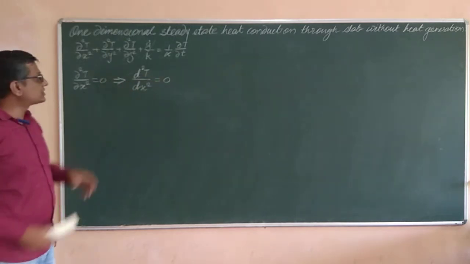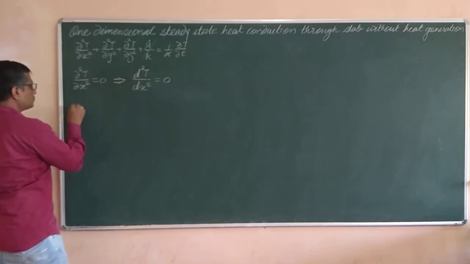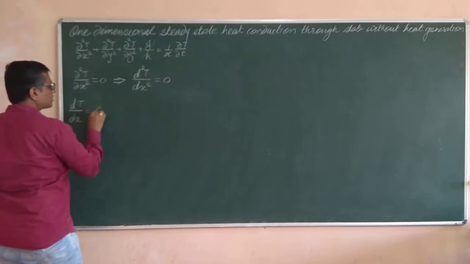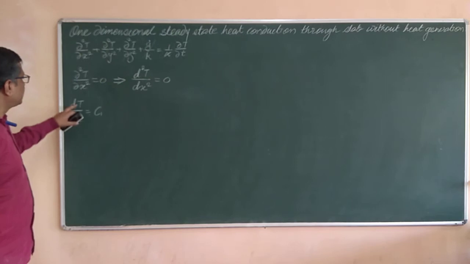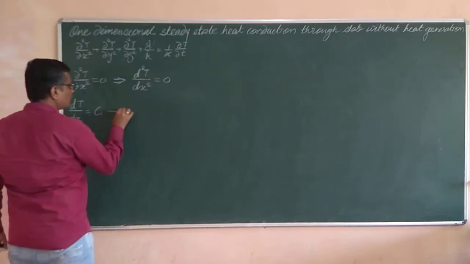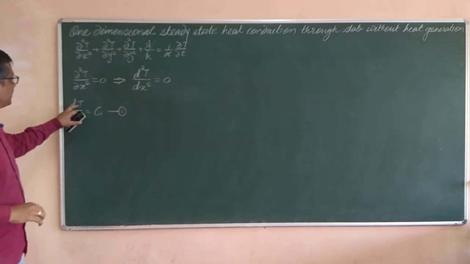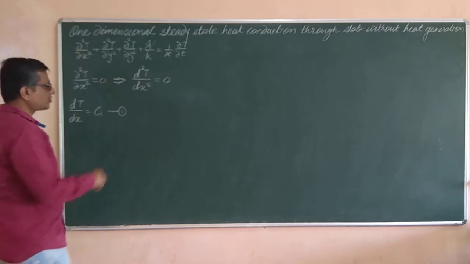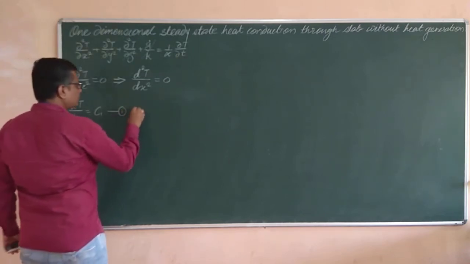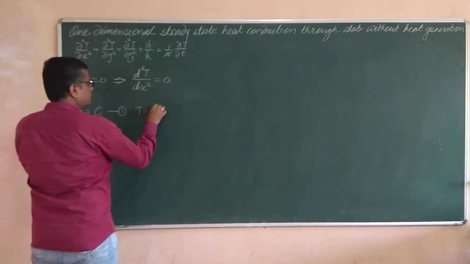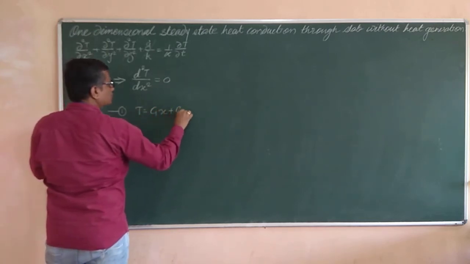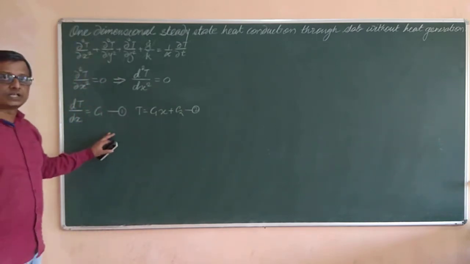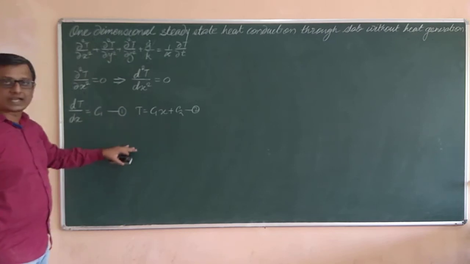Now if I integrate this equation, what equation will I get? After integrating this equation, we will get dT by dx is equal to a constant, let us say C1. Now dT by dx is equal to a constant C1, say this is equation number 1. Next, if I again integrate this equation with respect to x and T, after separating out the variables, I am not going to write down all these steps. So I will get the equation for the temperature T as equal to C1 into x plus C2. Say this is equation number 2. Next, I would like to draw the figure to which we are going to apply, or analyze, all these equations.